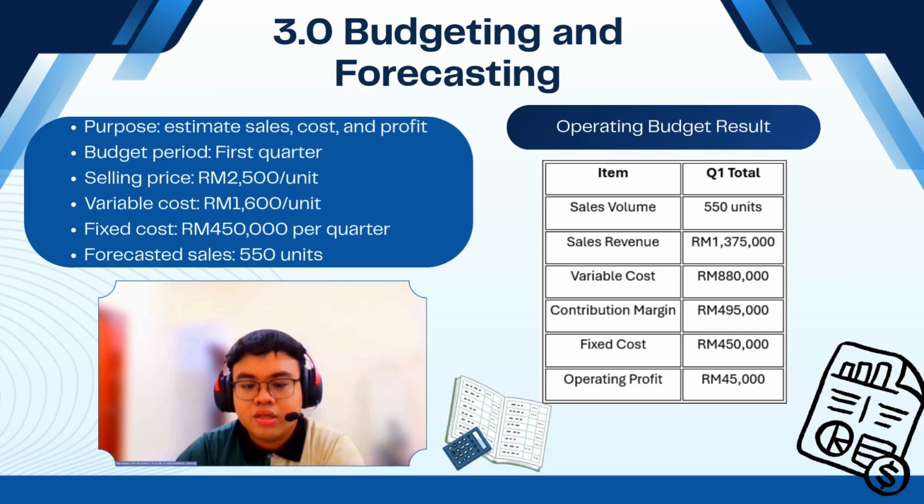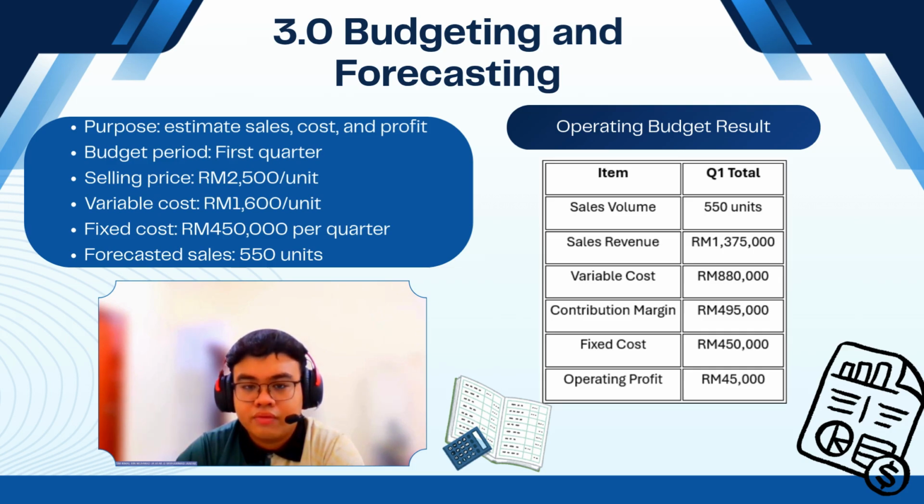The contribution margin is 495,000. Then, after deducting fixed costs of 450,000, the company is expected to earn an operating profit of 45,000. However, the profit is still considered small, so the company must control material usage, labor efficiency, supplier prices, and